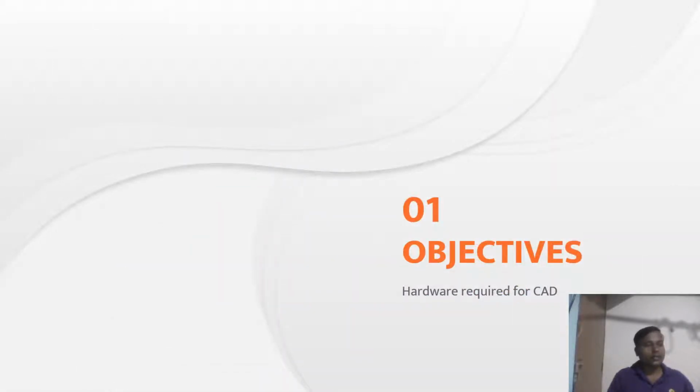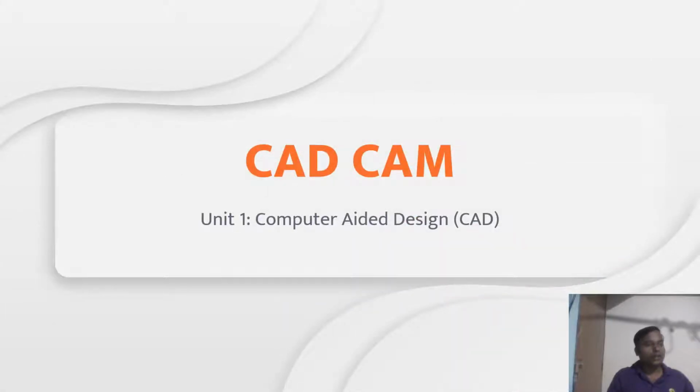First, objective hardware requirement. In this section, we study the hardware requirement for the CAD. Already we discussed the meaning of CAD and CAM. CAD is nothing but computer aided design, and CAM is nothing but computer aided manufacturing. Already I told you the story of CAD CAM was accelerated in the early 1950s. Almost of this year it became one of the supreme technologies available on the planet Earth. It is being used in almost all fields of engineering, but primarily in mechanical engineering branches. The development is still going on.